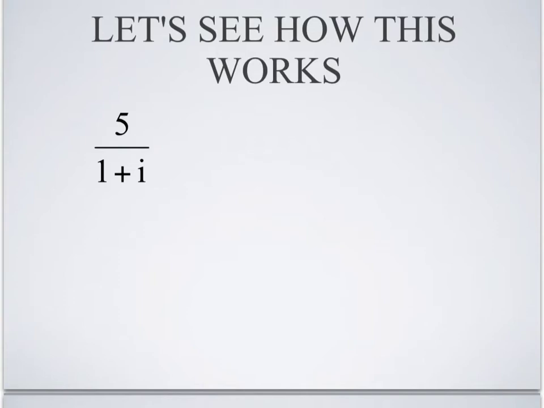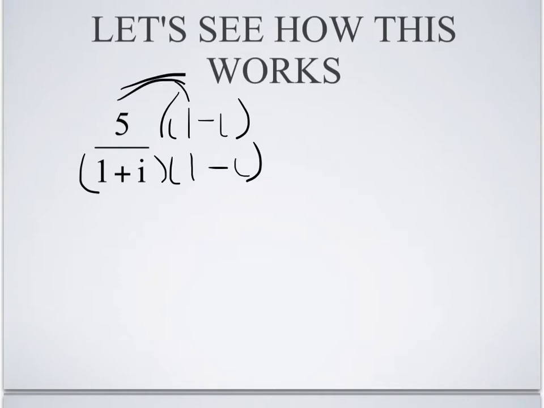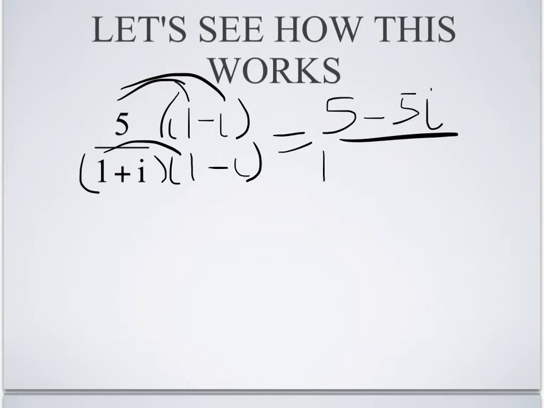Okay, with this one, let's rationalize the denominator by multiplying the top and bottom by 1 minus i. And on the top, we just distribute, and we get 5 minus 5i. And on the bottom, we FOIL. 1 times 1 is 1. 1 times negative i is negative i, i times 1 is plus i,